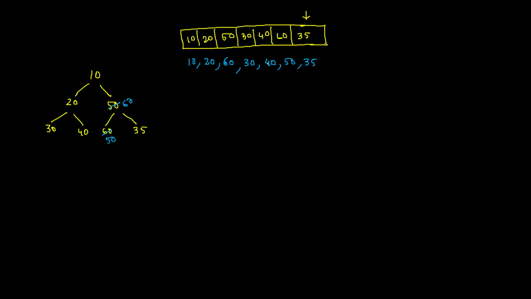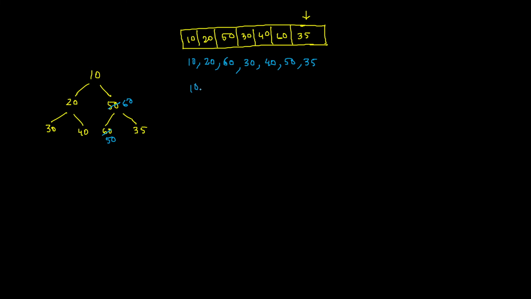So that means what we have to do? We have to find out who is greater between 30 and 40, and we will see that 40 is greater. And we will see that the parent of 40, that is 20, is lesser than its child. So definitely I'll have a swap between 20 and 40.